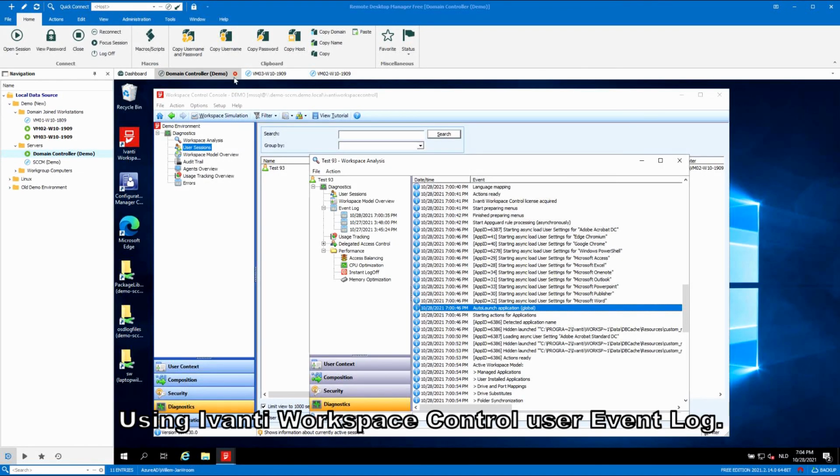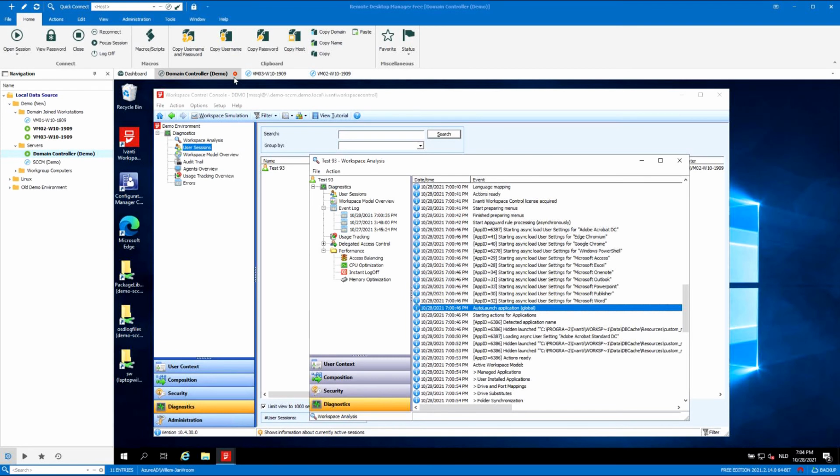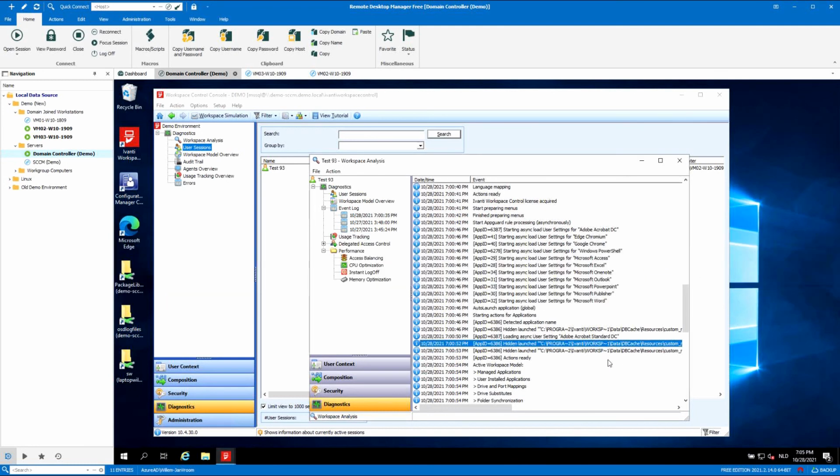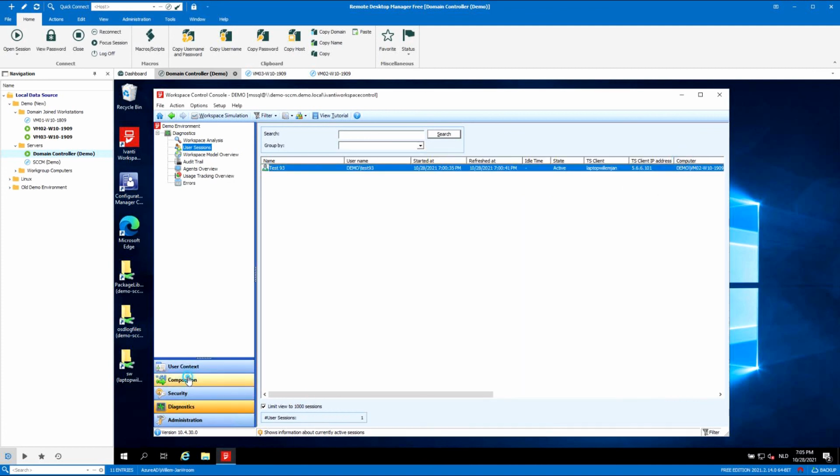There is detailed logging in Ivanti Workspace Control. You can see what actions are done during the logon process. The first one is the unregister of the current installed license, then register the Pro license. And this one, the name is a little bit misleading because it mentions standard in it. So we will correct that in the shortcut